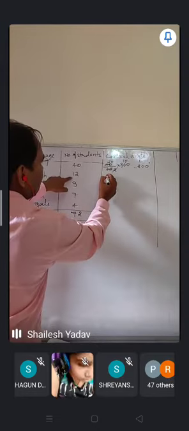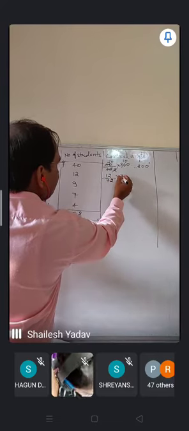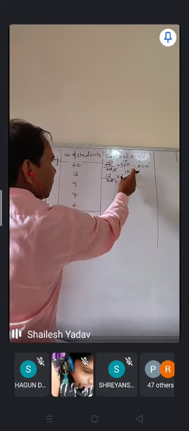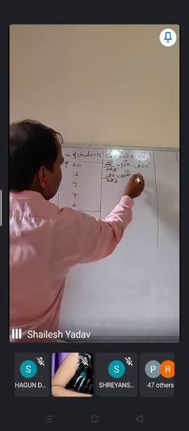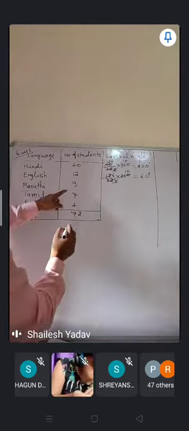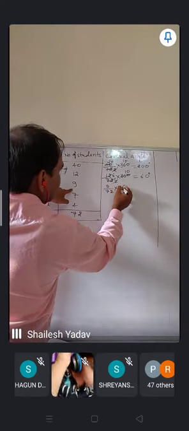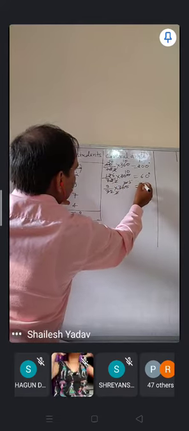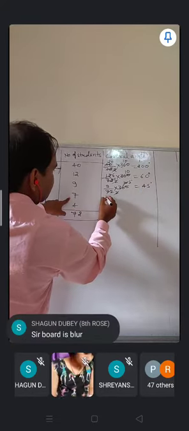Now I am going for English. For English, the value is 12 upon 72 multiplied by 360. Again it will be cancelled, and it is 10. 36 tens are 360, and 36 twos are 72, and 2 sixes are 12. It is equal to 10 into 6, that will be 60 degrees. Now you will calculate for 9. So 9 upon 72 into 360. Again it will be 10. It is 2, and 2 fives are 10. It will be 9 fives, 45 degrees. And then you will calculate for 7.